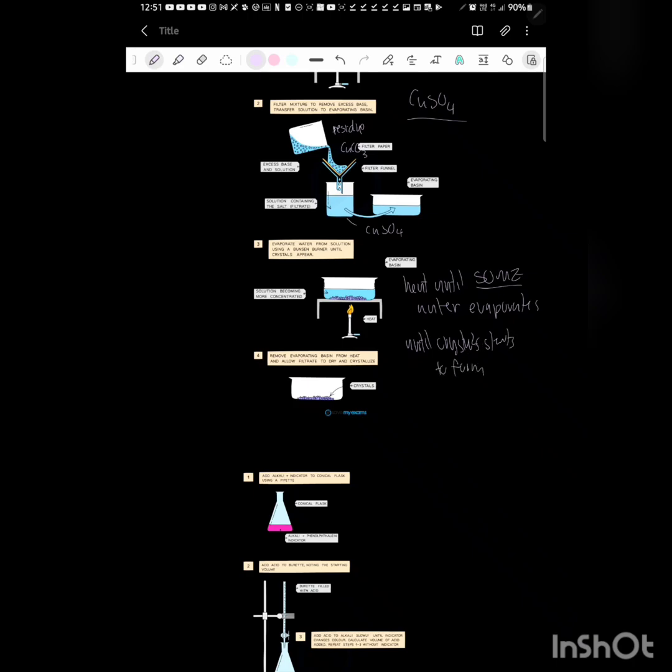And then after that, you get your crystals which start forming, and you take it off the heat. And after that, you let it cool down, so your crystals fully form. And once it's cool, you want to dry it. So you can either pat it dry with filter paper,